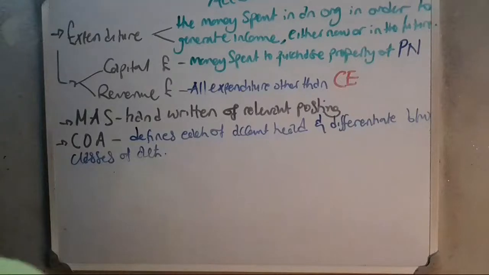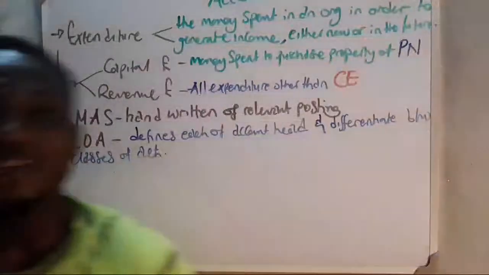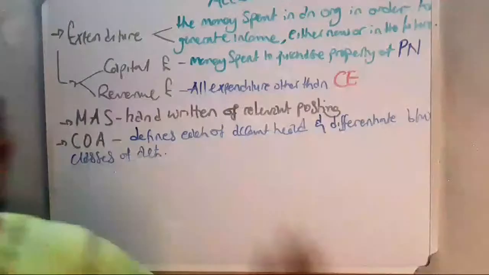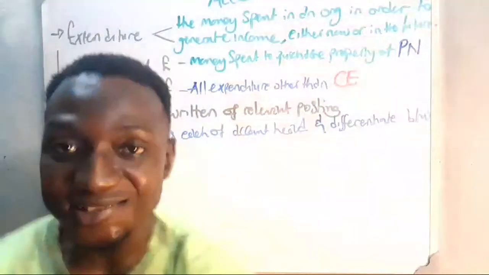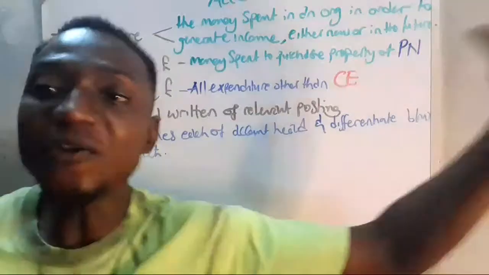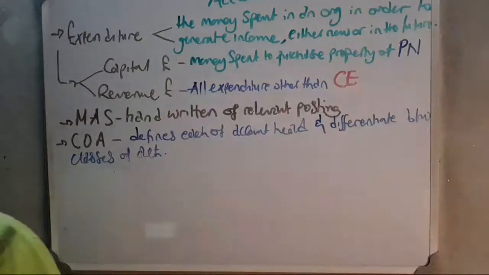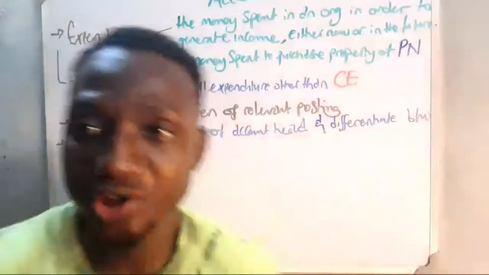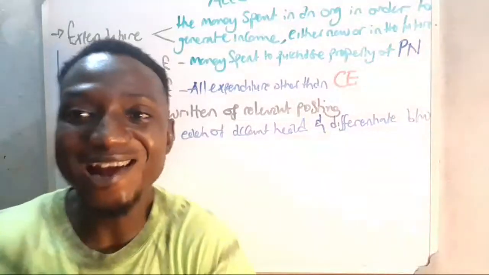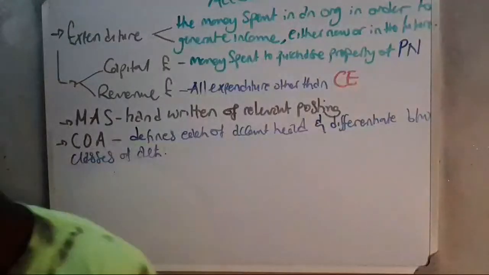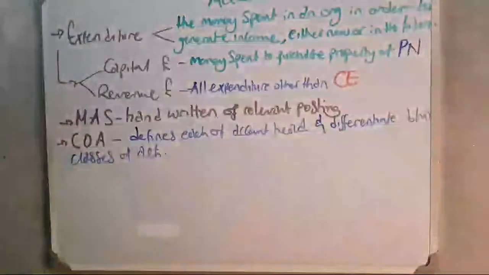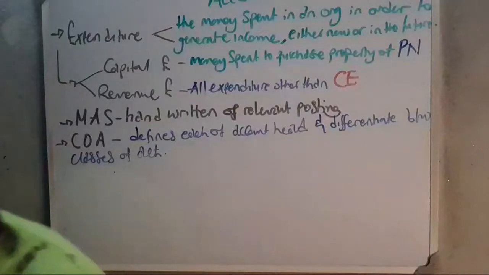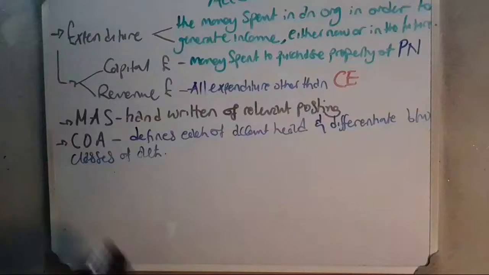Now, when we say statement of profit or loss, it's simply talking about an account that has listed on it the profits or the losses an organization or a firm has incurred in a particular financial period. In a particular financial period. And it is said that the final account of a sole trader basically consists